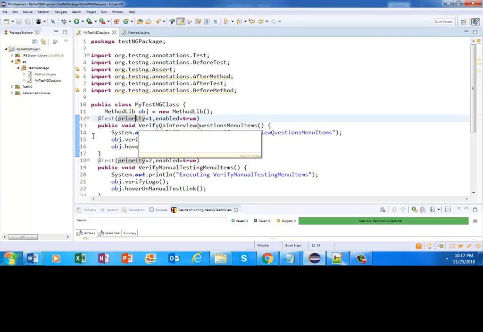That means I want to execute this test case at the beginning of my execution, and then I have another test case, verify manual testing menu items. I want to execute this test case sequentially in the second position, and I have enabled. If you put enabled equal to false, this test case will not be executed. Okay, now